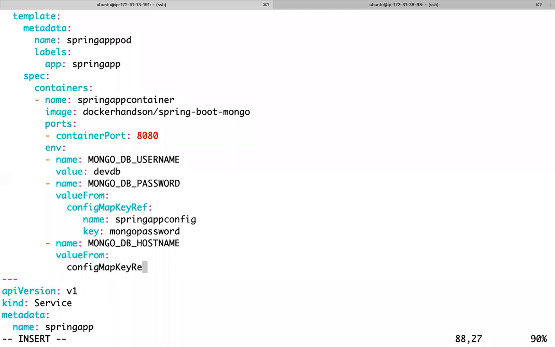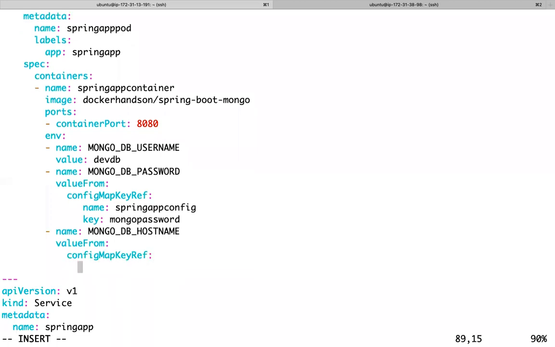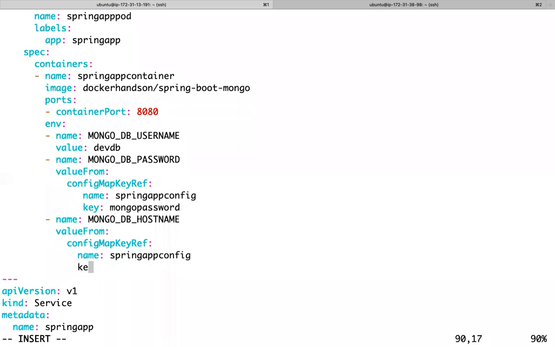Config map key reference name, Spring App config, key Mongo username, something like this.